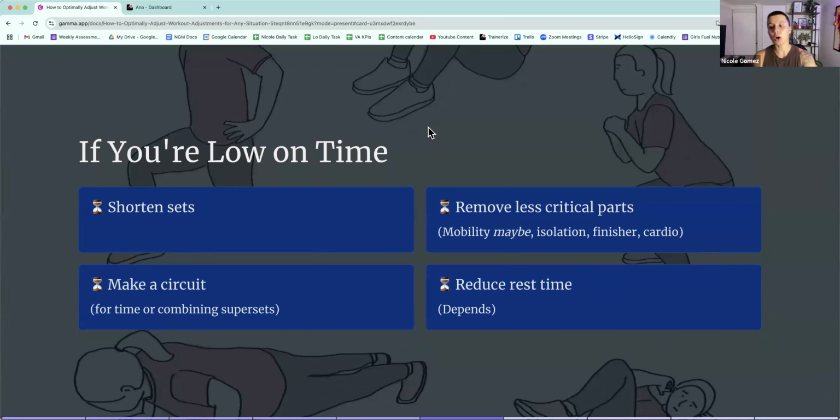Now, next thing, if you are low on time, again, in an ideal world, we just want to make sure that we make time for workouts, but that's not always the case. So if this does happen, option number one is going to be shorten your sets. So maybe your mobility was 2 sets and you're just doing 1. Maybe your warm-up was 3 sets and you're just doing 2. Maybe your squat or your main lift was 4 sets, you're just doing 3, etc. Your accessory lift is 3 sets, you're just doing 2. You could literally take the entire workout and just take 1 set out of everything, and you're going to be able to get a lot of work.